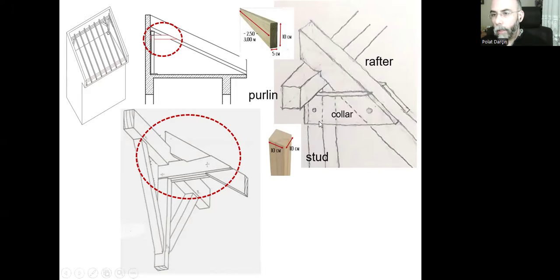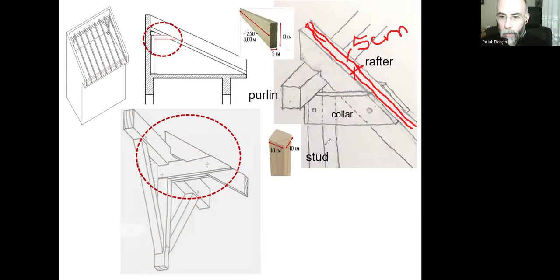But if the rafter is directly above the stud and we want the two collars to connect the rafter to the stud and the purlin, you can easily imagine that if you prefer a 5 centimeter piece here, like this, it will be thinner. If this is 5 centimeters, and if that's 10 centimeters,